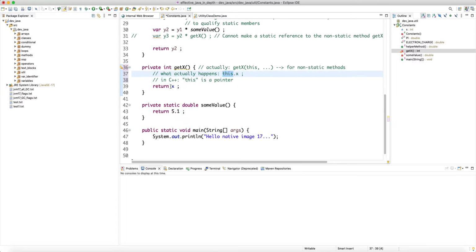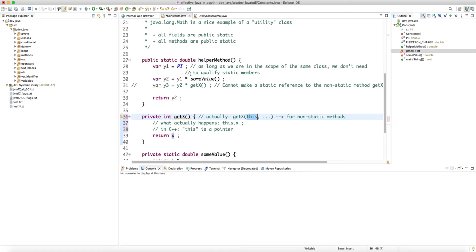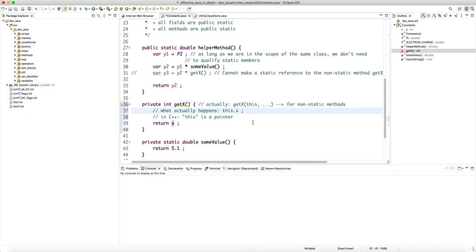Basically, the JVM needs to know where this x variable is stored, right? Remember, the name of the variable doesn't mean anything. It just means there is some memory location that holds the data that this variable holds, right? And when we say return x, the JVM needs to know where to locate this x. And that's why we have this, because when you call the constructor of an object to create an instance of